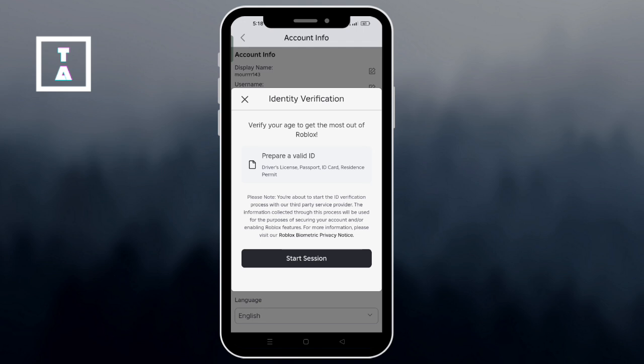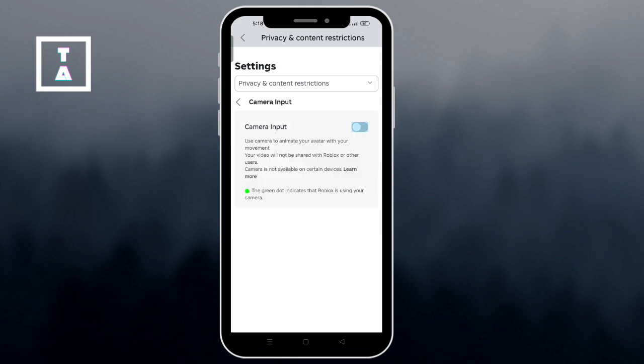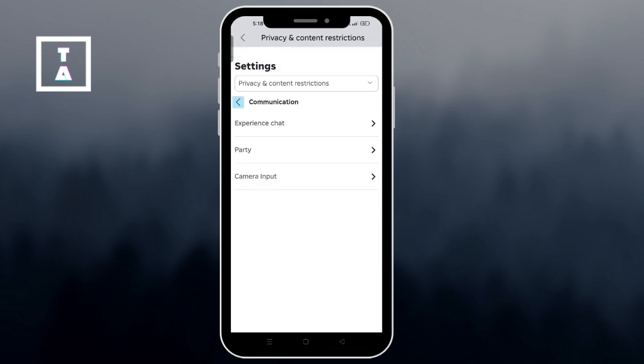And to enable the chat, just go to the settings and select the privacy. Then toggle the enable chat or voice chat if it's available. Then, to allow the microphone access, if it's available, just go to the Roblox app settings and enable the microphone